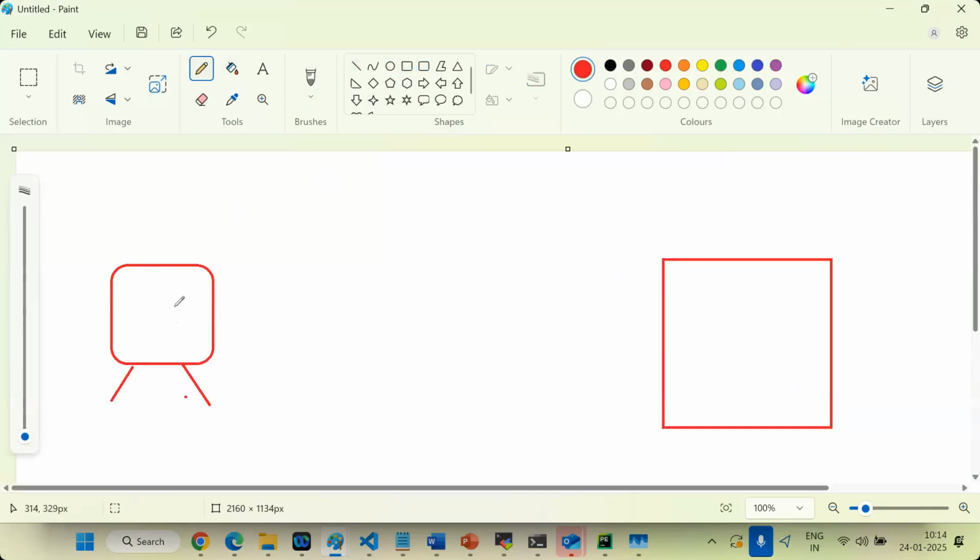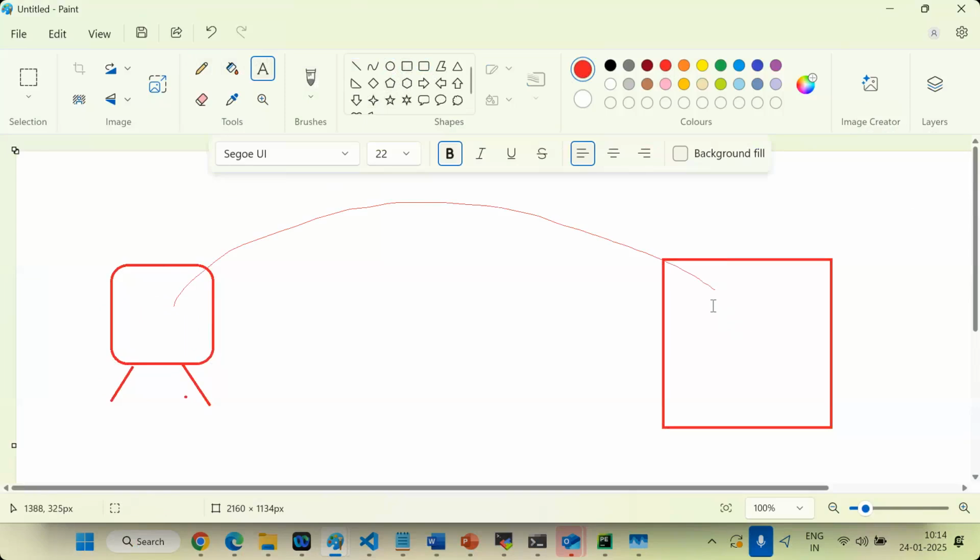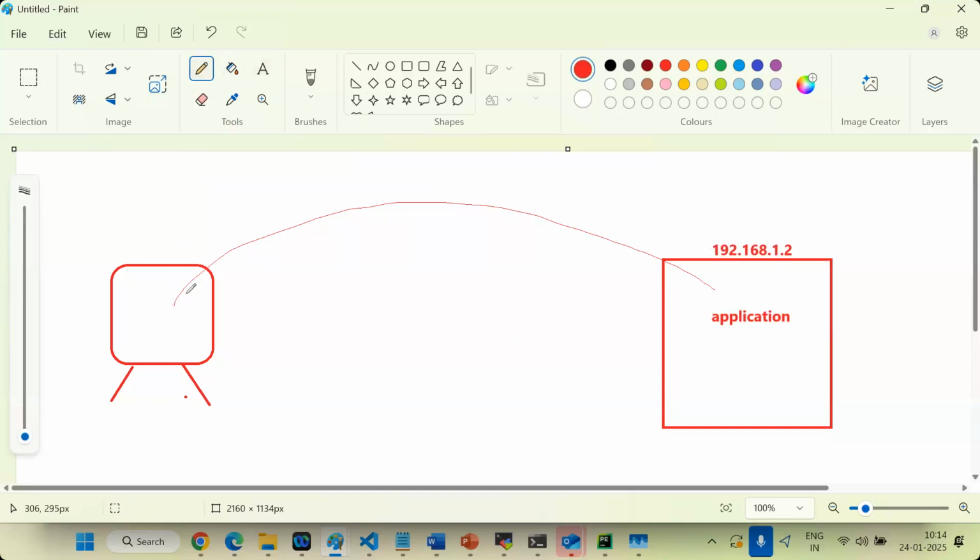If I'm going to access the backend application, for example, a Flask application is running on this server, let's take 192.168.1.2. Here is what I'm trying to do.